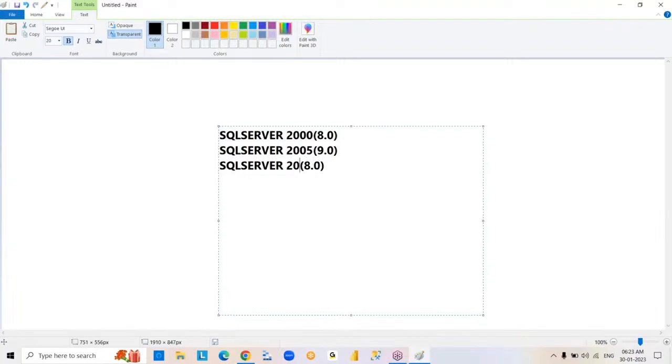Then 2008 version, 10.0. After that 2012, 11.0. 2014 version we have 12.0,